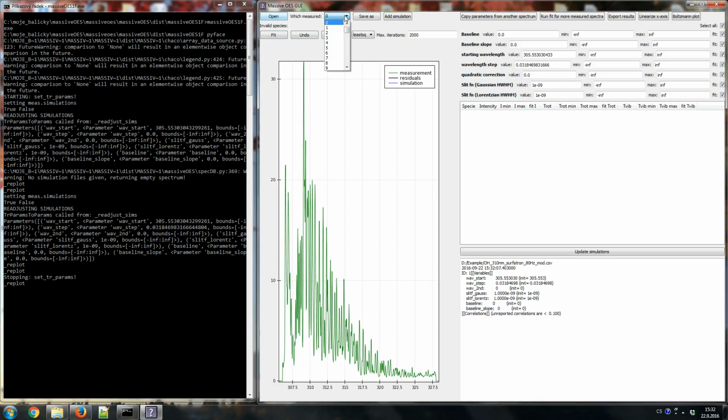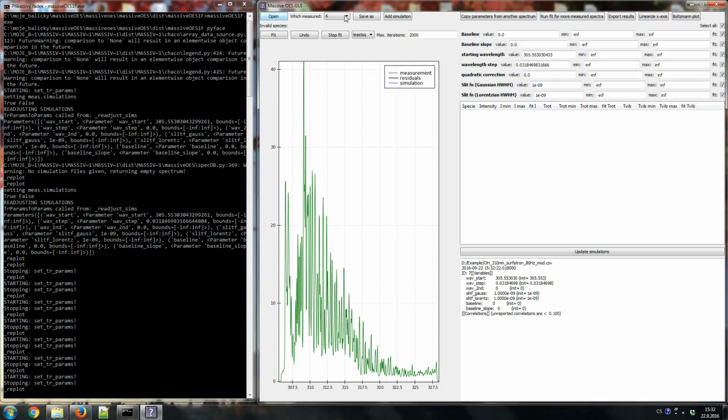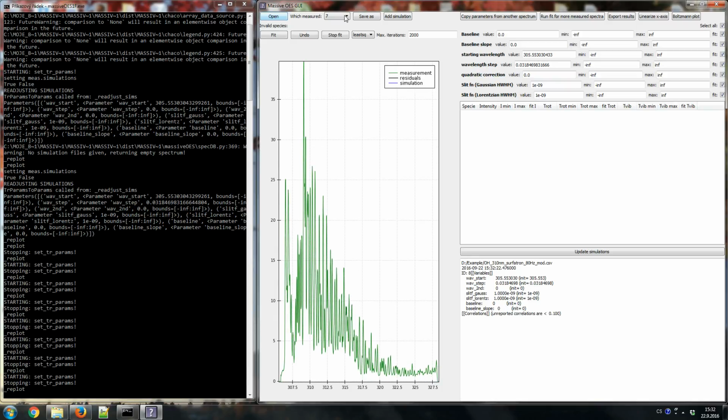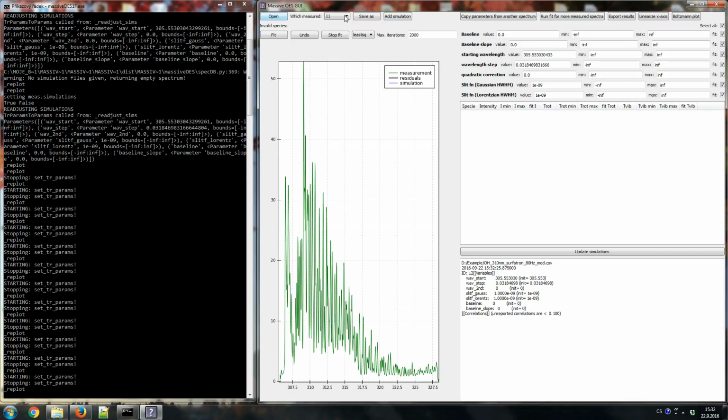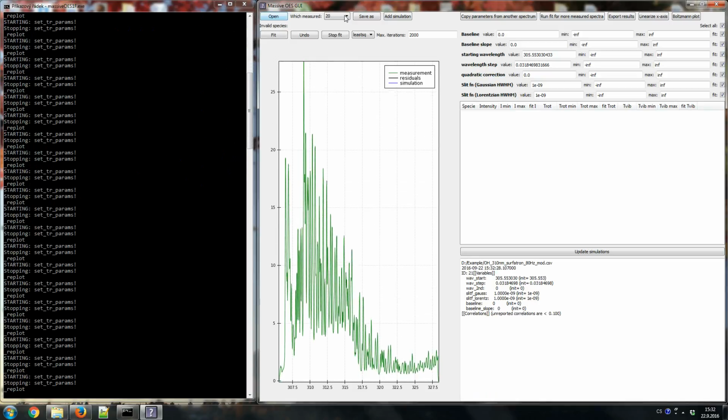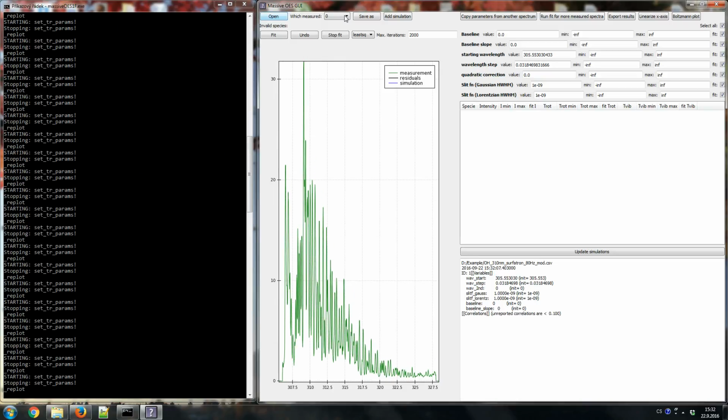This corresponds to several spectra that you can see in the file. That's why it's called massiveOES, because it allows batch processing of the data. You see there's really a batch of spectra. So let me go back to the first one, and when we try to process that,